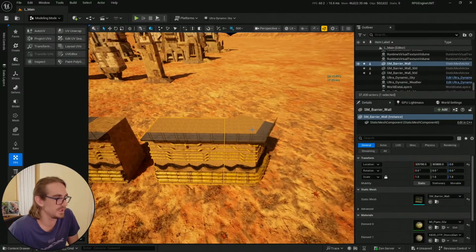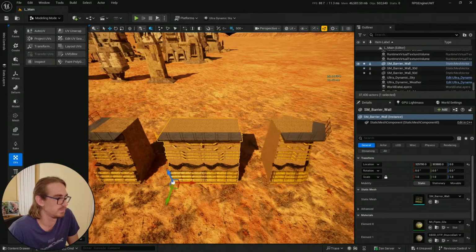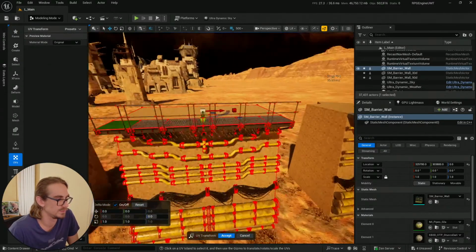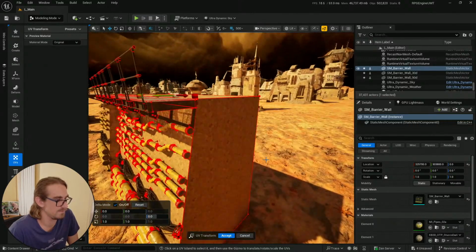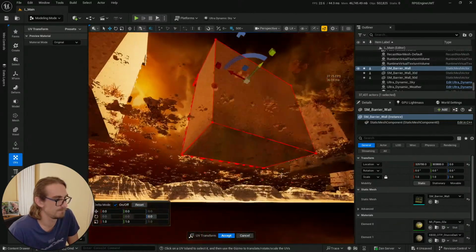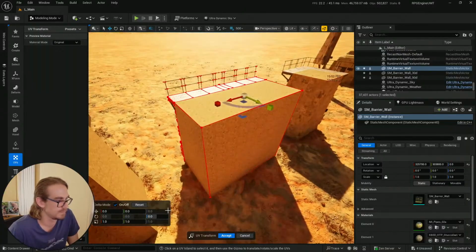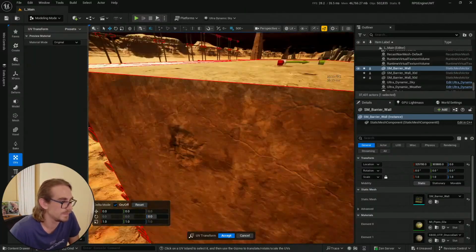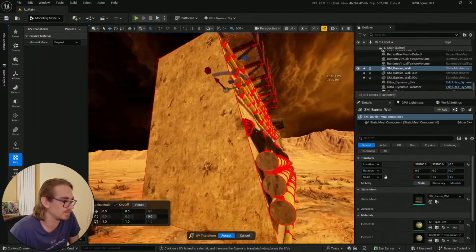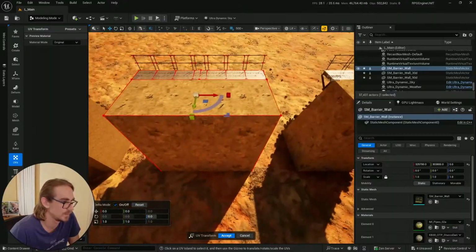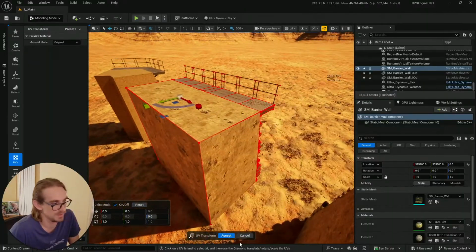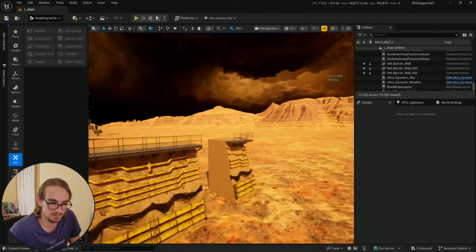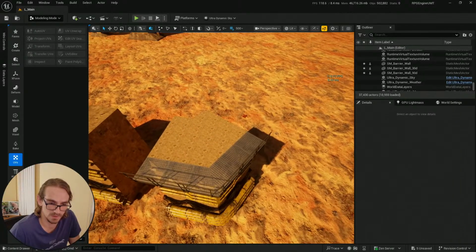Now I'm just gonna do it here. One, 2, 3, 4. Okay. That's one way to do it without creating another instance. And here,